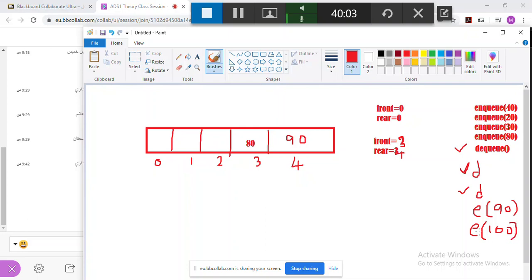What happens here? Can we insert an element now? Because it has reached the maximum position, we cannot insert here. Even if we want to insert an element, we have the empty positions here, but we cannot insert the element even though we have empty positions. So to overcome this kind of disadvantage, what we do is we come up with another